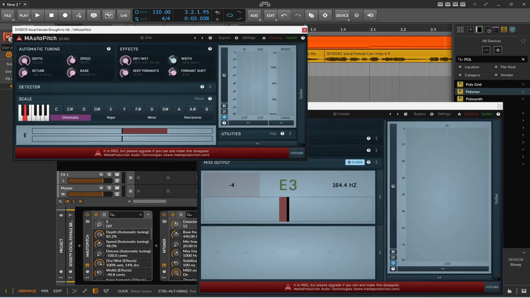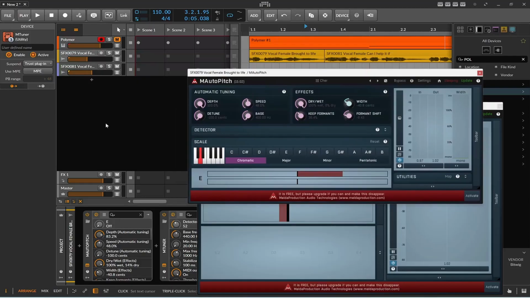The formant shift right here allows me to go down. It sounds like I get detune. So you can have all kinds of crazy things. So with that knowledge,